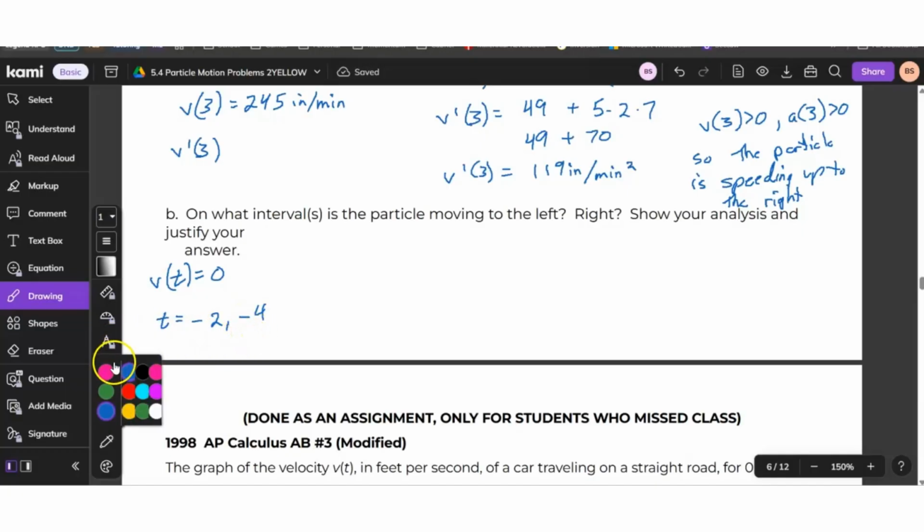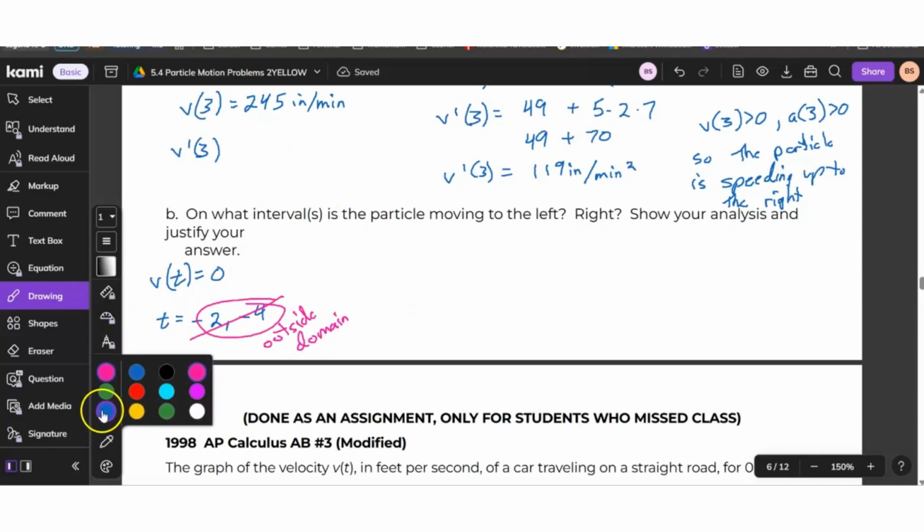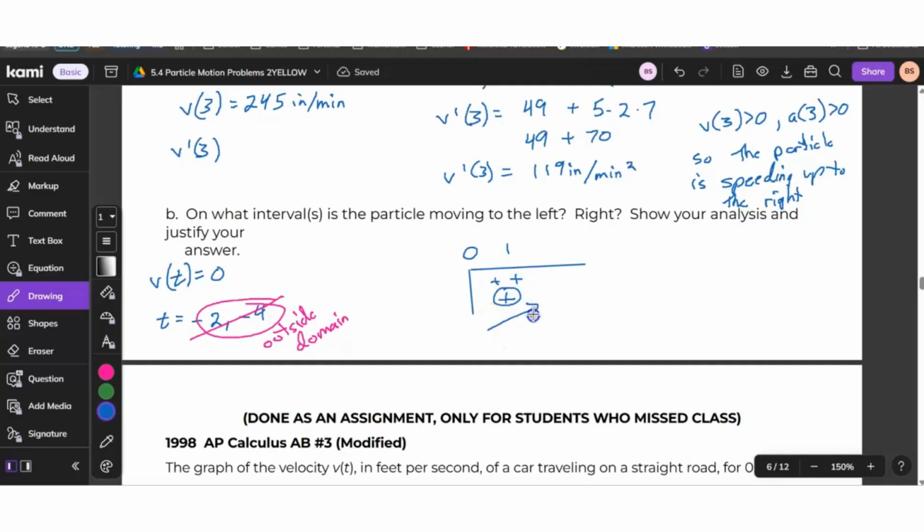Do those help us? Why wouldn't they? Well, they're outside our interval. Yes. This means that the only time the velocity was 0 is like in the past. So we don't care. Which means that technically, we're going to start at 0. We have no critical point, so we could just plug in 1. We're going to get positive and positive. So it's therefore always moving right. So it is always moving right. If you wanted to write it as an interval, it would be from 0 to infinity. Okay? Let's write